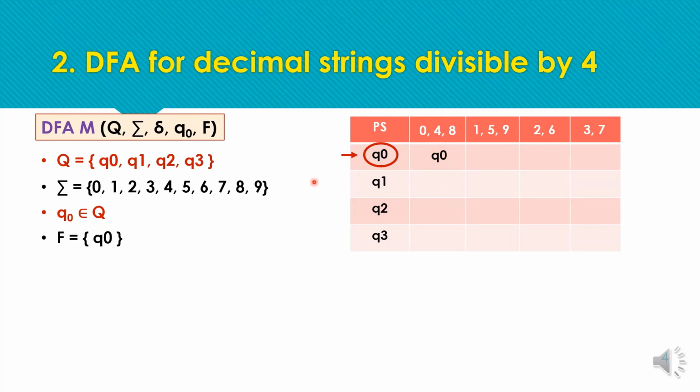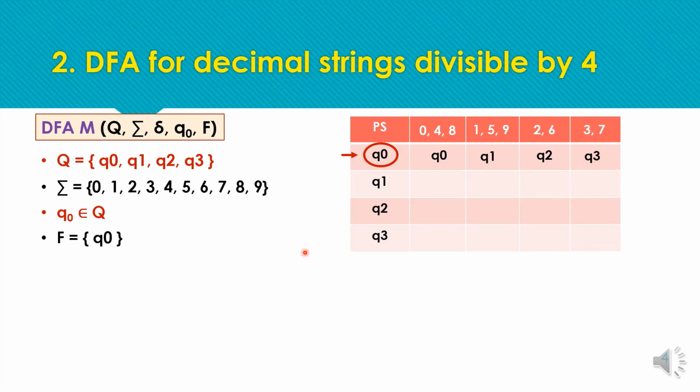Okay, as we have noticed a sequence in the states in the table, the next state must be Q1, the next state must be Q2, and the next state must be Q3. So you can check by the trick that we have used for the earlier question. On receiving 1, 5, 9, the remainder is 1, so moving to state Q1. On getting 2 or 6, the remainder is 2, so moving to state Q2, and on getting 3 or 7, the remainder is 3.